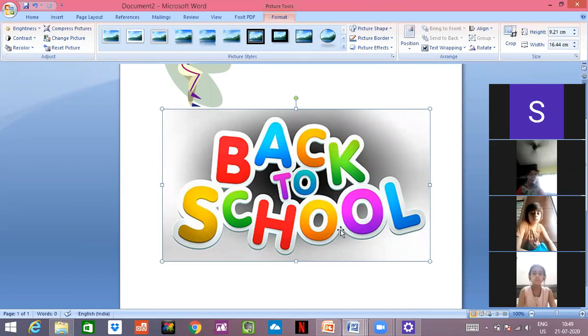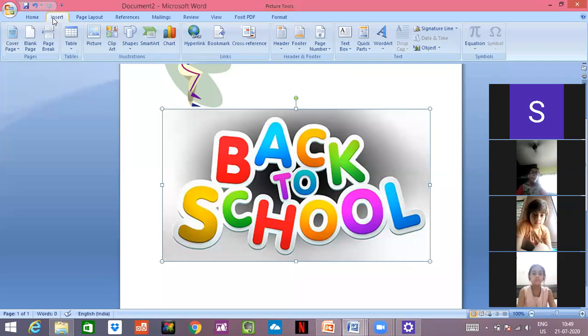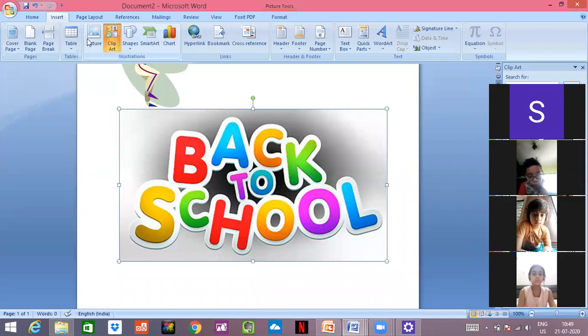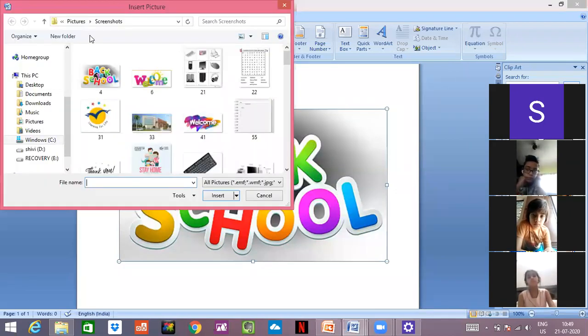Once again, just wait. See, you have to click on insert. This step is clear. You have to click on insert. You have to go on clip art for inserting the pictures from clip art. Write the thing here and go for search. Okay, and for inserting a picture, you have to go on the insert tab and click on picture. Okay, and select what pictures you are having.